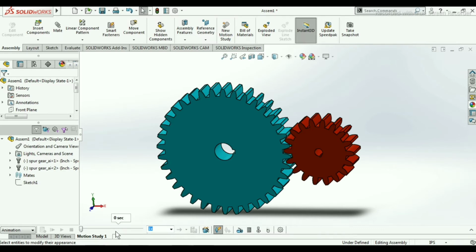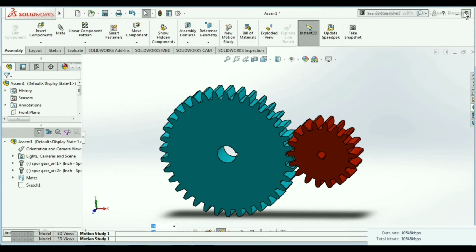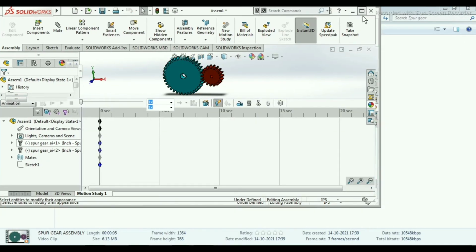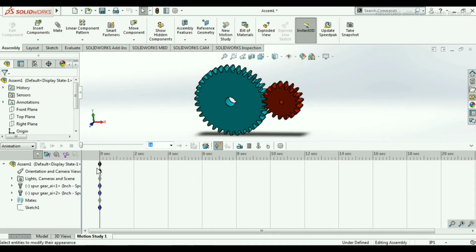In this motion study, we will click on this arrow and expand the motion analysis. Here we will select this basic motion. It will be okay.